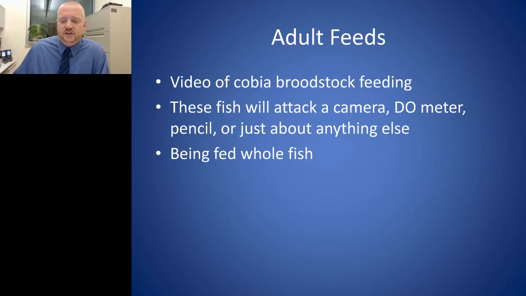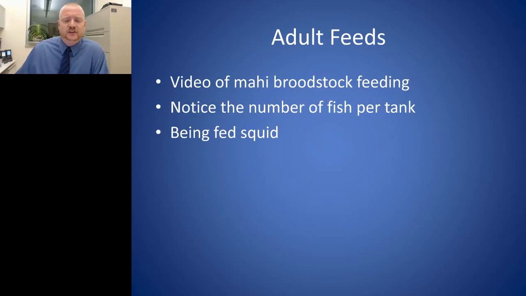So in that video, you can see there's probably 10 or 12 adult cobia in there, and they do really well together. I mean, that's part of their nature. And in a moment, I'll show you some mahi-mahi, which have different behaviors. Cobia tend to be, although they do go around Florida and they do travel quite a bit, they hang around structures and they come in schools very oftentimes. But the mahi-mahi you'll see are very different.